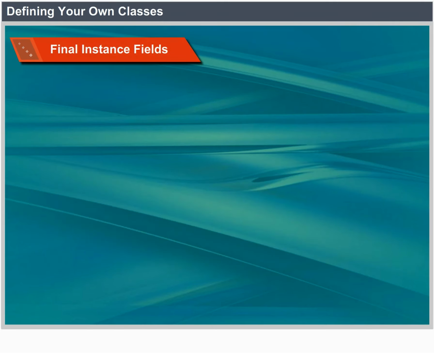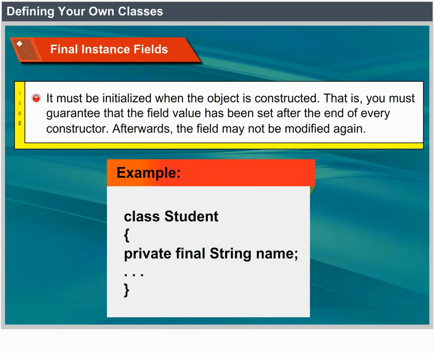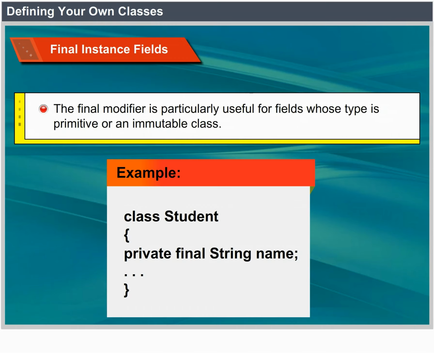Final instance fields. You can define an instance field as final. It must be initialized when the object is constructed. That is, you must guarantee that the field value has been set after the end of every constructor. Afterwards, the field may not be modified again. The final modifier is particularly useful for fields whose type is primitive or an immutable class. For example, class Student { private final String name; }